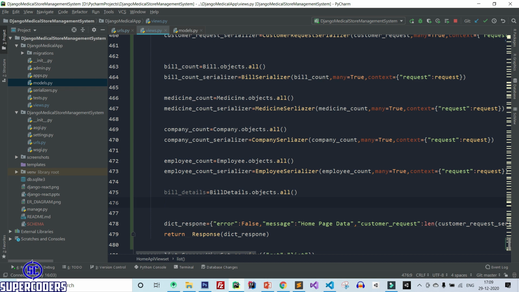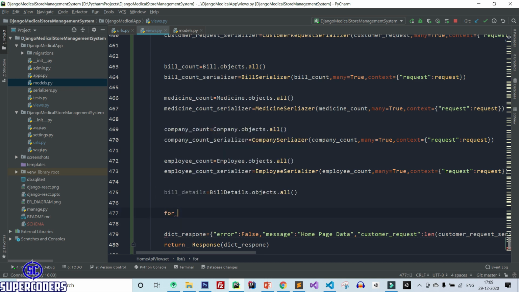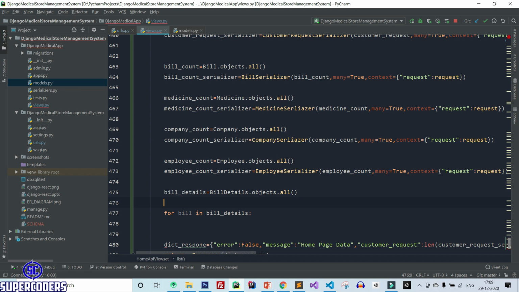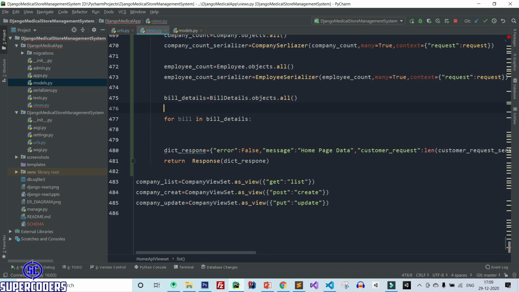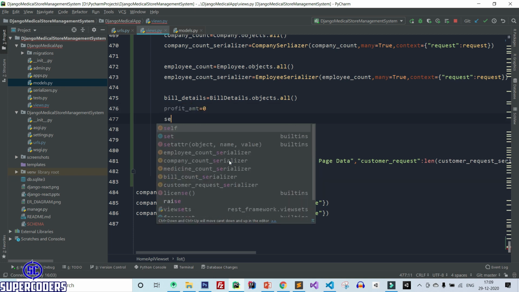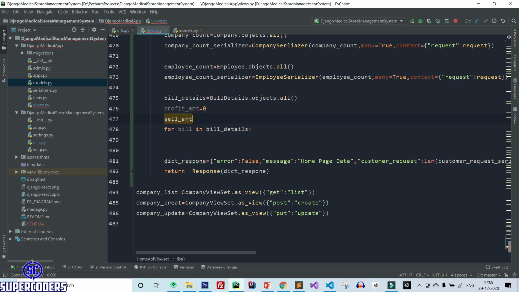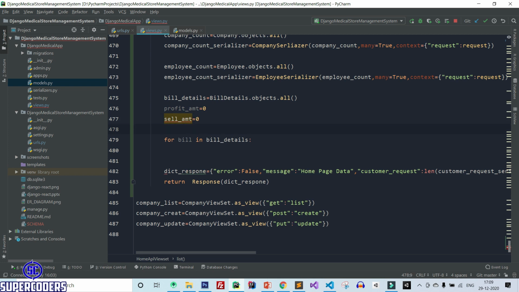After that, simply add a for loop. So for bill in bill details, after that here create some variables. So let's see, profit amount equal to 0, then sell amount equal to 0, and buy amount equal to 0.